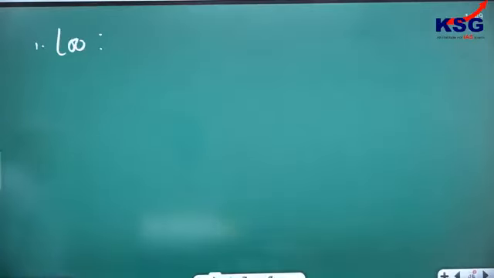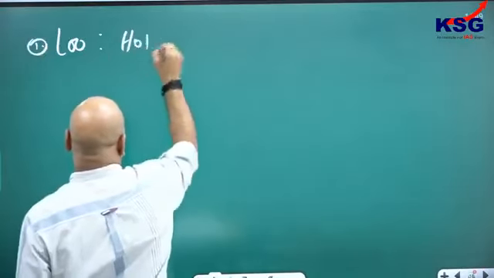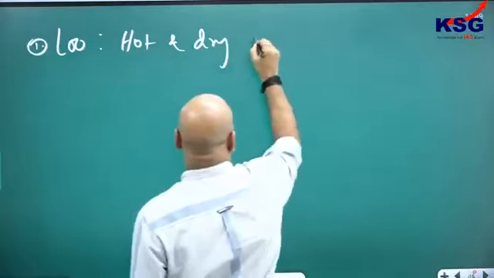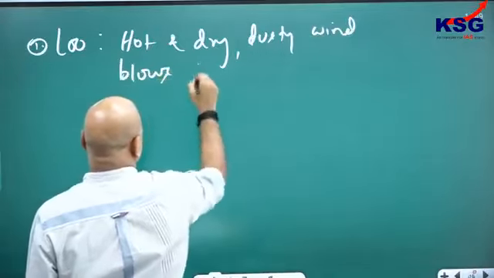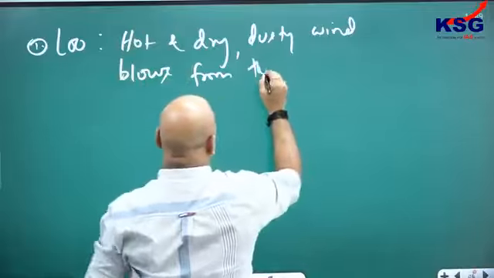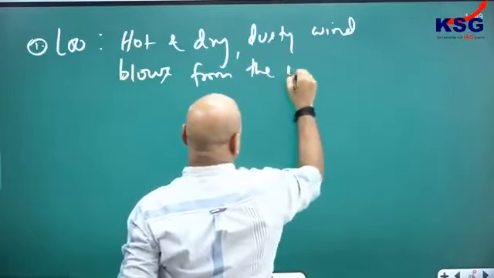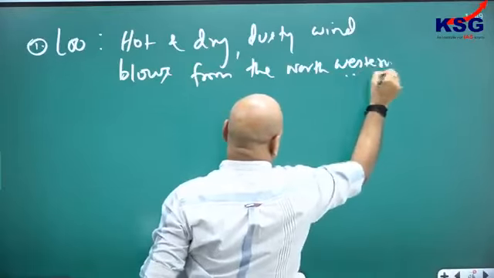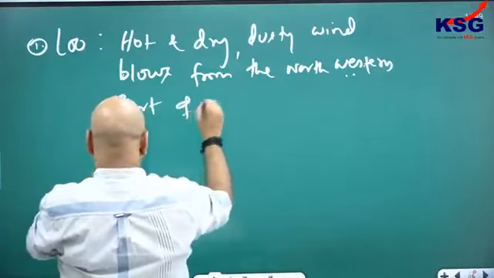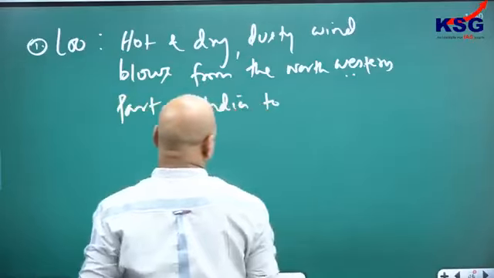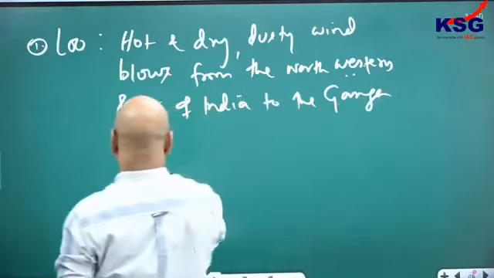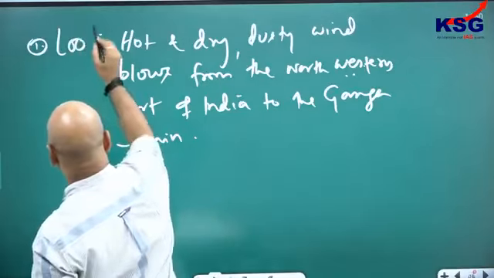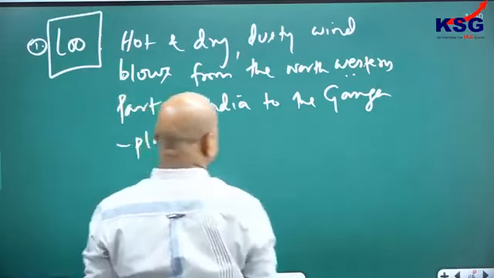Which region will you get this particular condition? Hot and dry, dusty wind blows from the northwestern part of India to the Ganga plain, northeastern part of India to the Ganga plain. Okay,